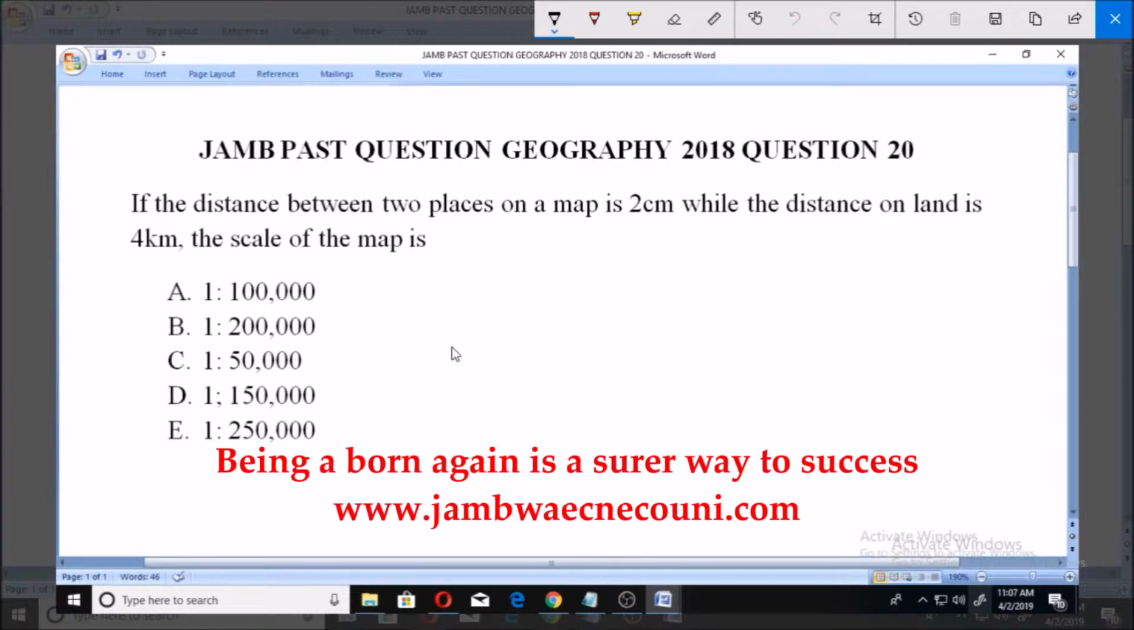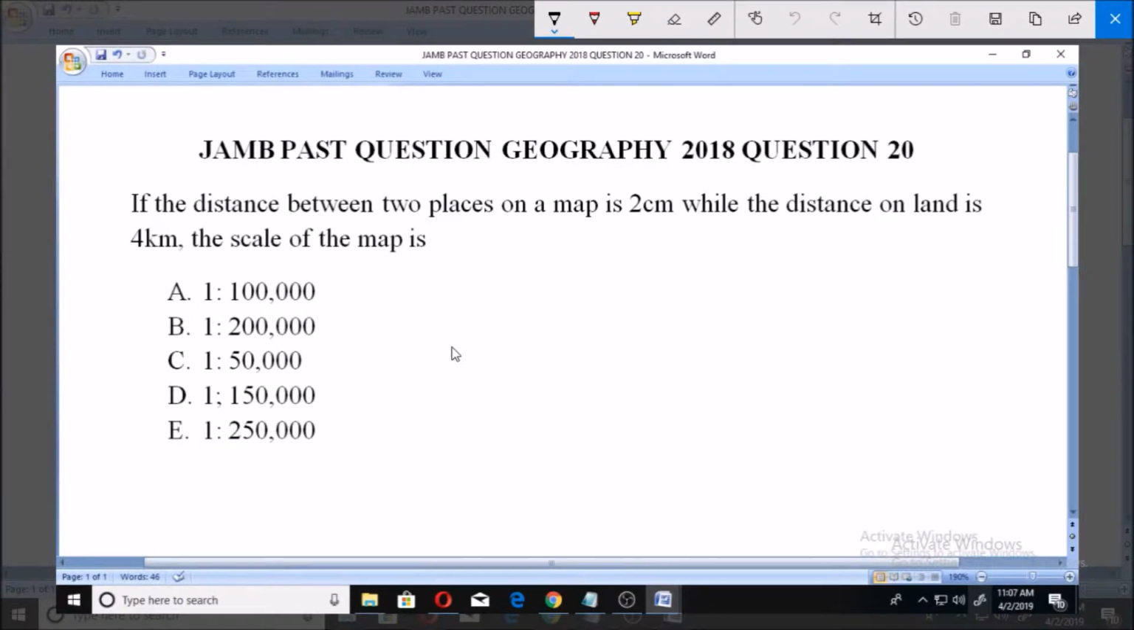Now, for us to put this in context, we all know that in geography, when you are doing map reading, you have the actual distance on land as against the distance on paper, and that's when you talk about the scale of the map. So having this in mind, we can solve this by saying distance on map